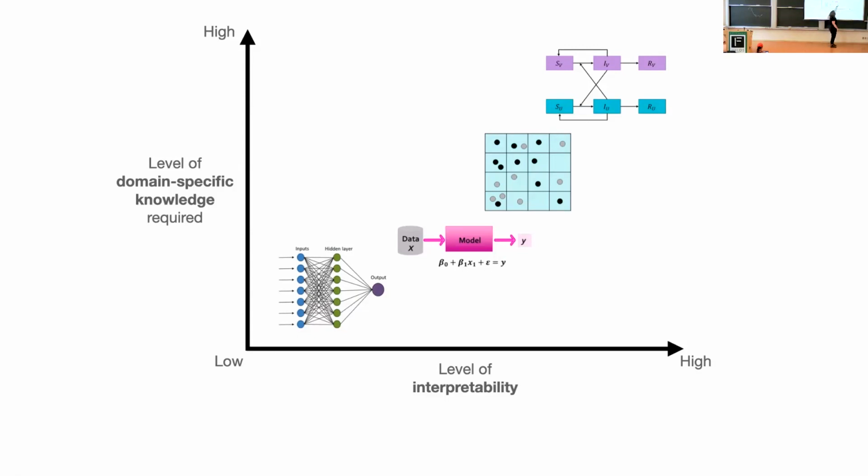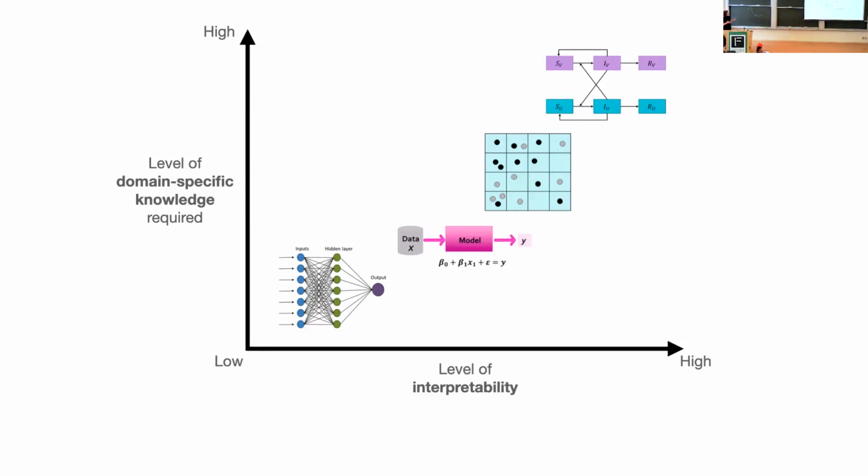And then again, a rule-based model is maybe a bit more interpretable, even if it's complicated. But if you're using, let's say, an agent-based model for infectious disease spread, you might not need as much domain-specific knowledge as for something simpler like an SIR model, because with an SIR model you're reducing dimensionality in a way, pulling out just some key mechanisms, so you don't need everything in the kitchen sink. You need a bit of understanding to do that. So don't mistake this axis for the level of information required, because certainly you need more data and information for these really complicated models, but that's not the same as domain-specific knowledge, right?